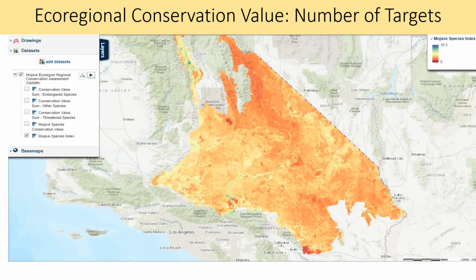So with the information that's in our system right now, if you were just to look at the number of conservation targets per grid, we're using a 1 kilometer grid to aggregate this information. This is the kind of map that you would come up with, which is similar to the kinds of products that came out of ACE2, where the number of things are just tallied by a particular place across the geography, but there's not a differentiation between the conservation importance of one thing and another. It's just telling you where there's more things there.